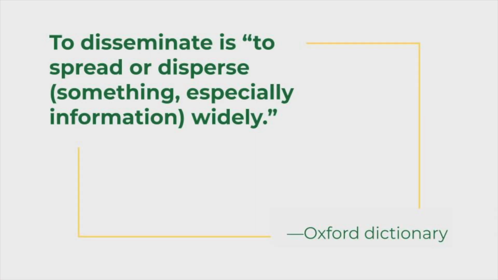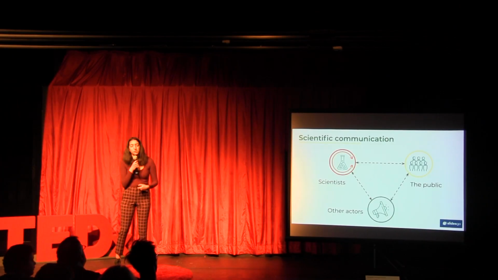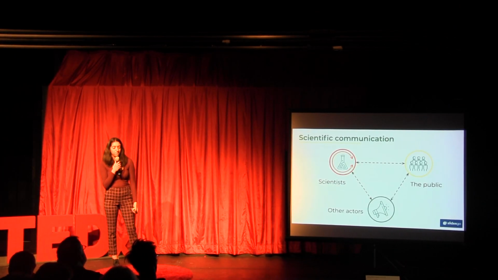When you look up disseminate in the dictionary, you get the following definition: to spread or disperse something, especially information, widely. Now, this description is pretty straightforward, but when discussing scientific dissemination, the definition fails to cover the, shall we say, essence. To fully discuss what scientific dissemination really is, you must look at the importance of scientific communication, the development of such a discipline, and perhaps the relationship between science and art.